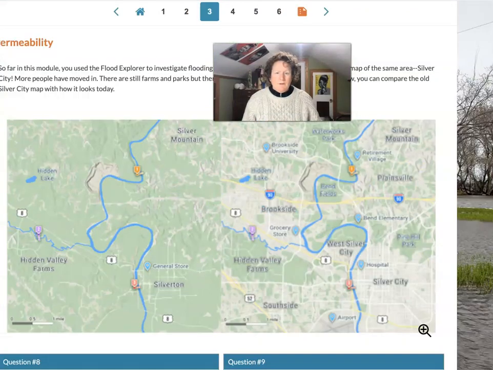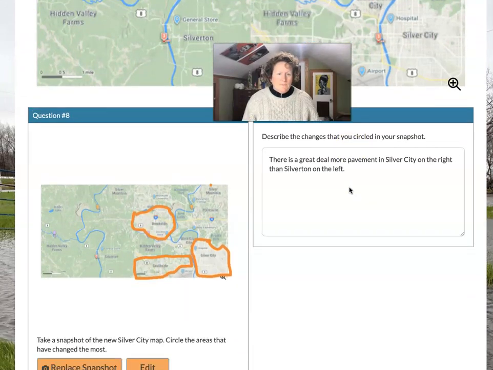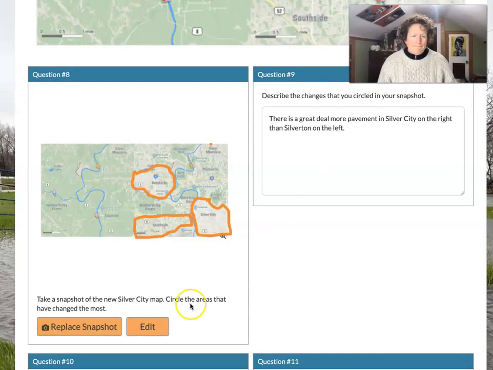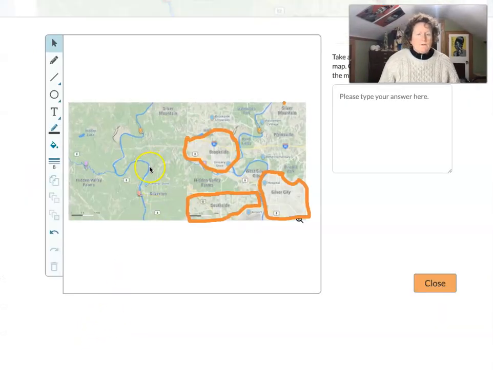So let's shrink this map down and go back to looking at our questions here. I took a snapshot of the new Silver City map and circled the areas that have changed the most. We can do that together here. Here's the city. Here's the most current map on the right, and I circled the areas that have become